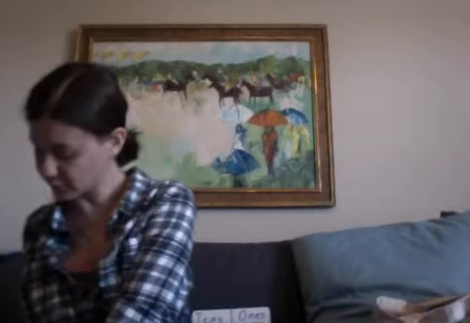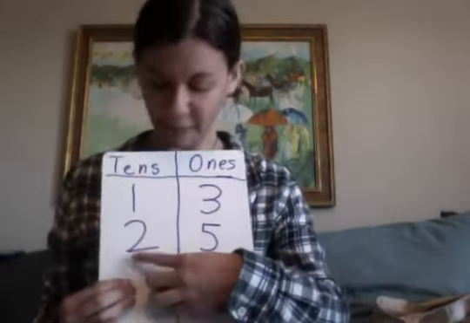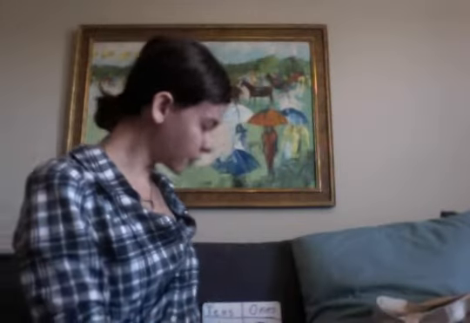So let's see if that matches up. I have 2 straws and 5 buttons. Oh, there goes a button. And it makes 25. A 2 and a 5 is 25. All right,